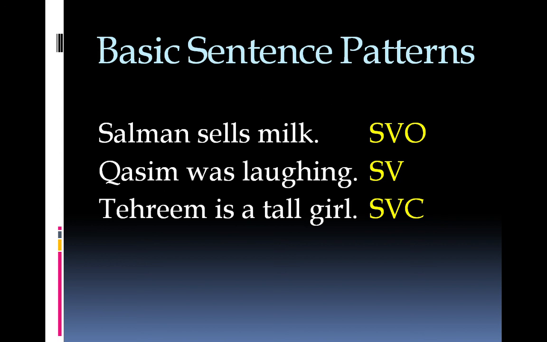Every simple sentence in the English language is one of the three patterns, SVO, SV, or SVC. You must develop an ability to analyze at least short and simple sentences in the English language according to these basic patterns. If you can do that, you have learned a lot as a student.